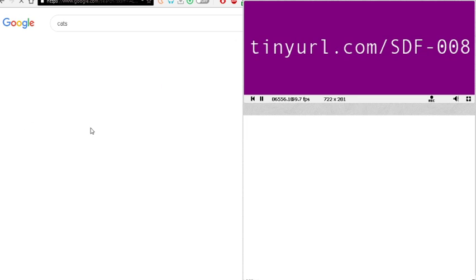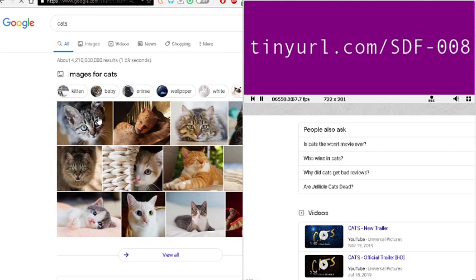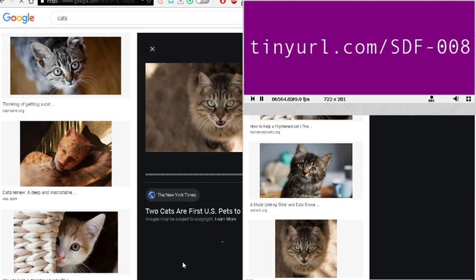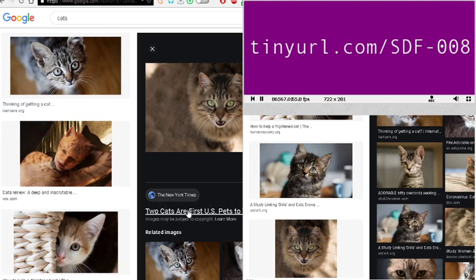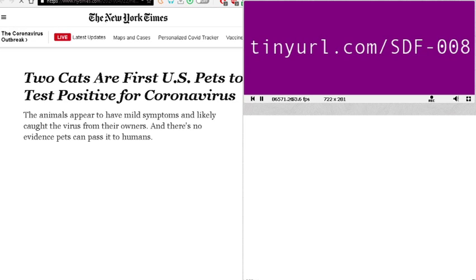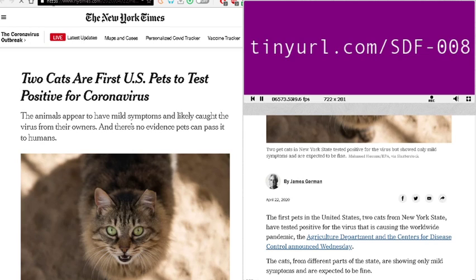And then I hit this cat, and icatcare.org, right? Okay, so we're at nytimes.com. Oh, it opened up a new tab, so that doesn't really count. But